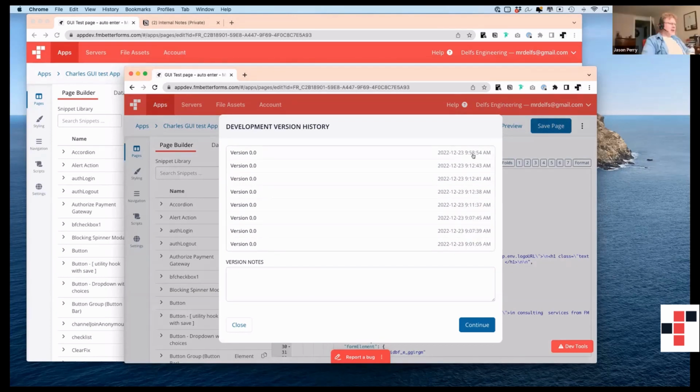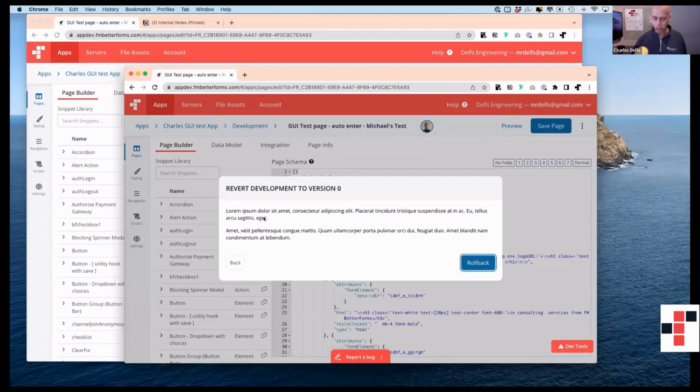Basically, these are all the previous saves of your forms that you could roll back to. Oh yeah, I haven't saved that. Of course, I made the change. Actually, I did make a save, so I'm surprised I don't see the last one. But anyway, this is a previous one, right? All right, so I want to roll back to this previous form here, and if I click continue here,